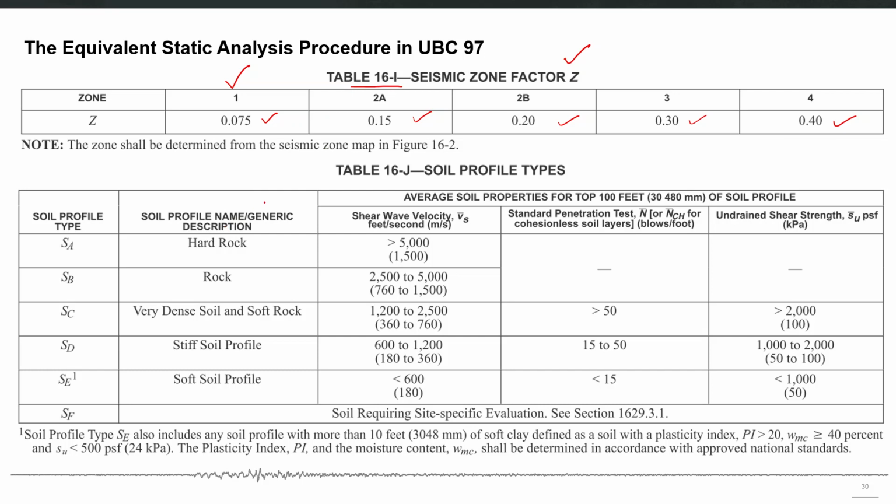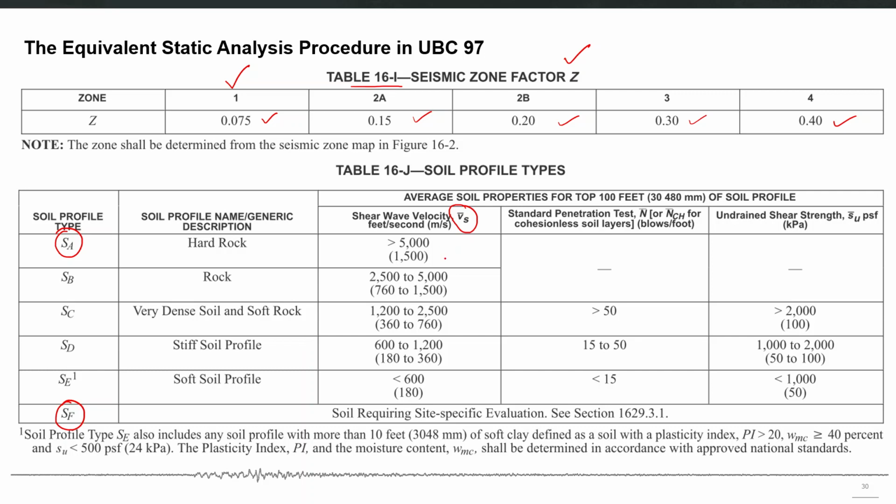Then you also have this soil profile types table. You can see here that soil profile types are SA up to SF, and you require any of these 3 soil properties in order to classify your soil. You either have this VS30 value, the shear wave velocity in the first 30 meters of the soil layer, or the standard penetration test N value (SPT N), or you can have the undrained shear strength value. So the soil classes are basically made based on this VS30 value.